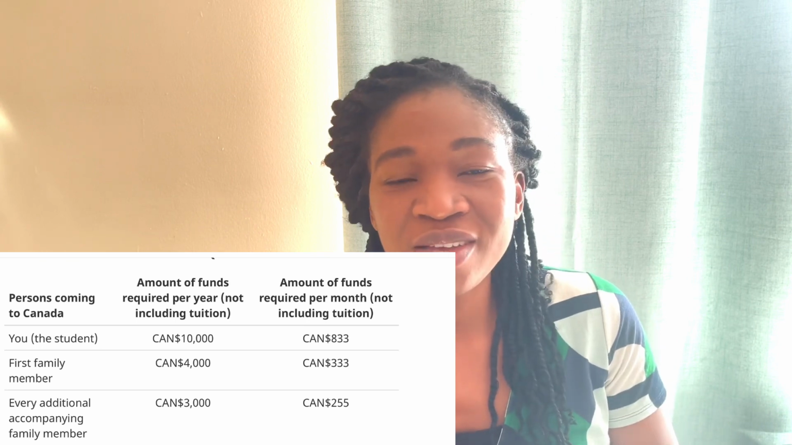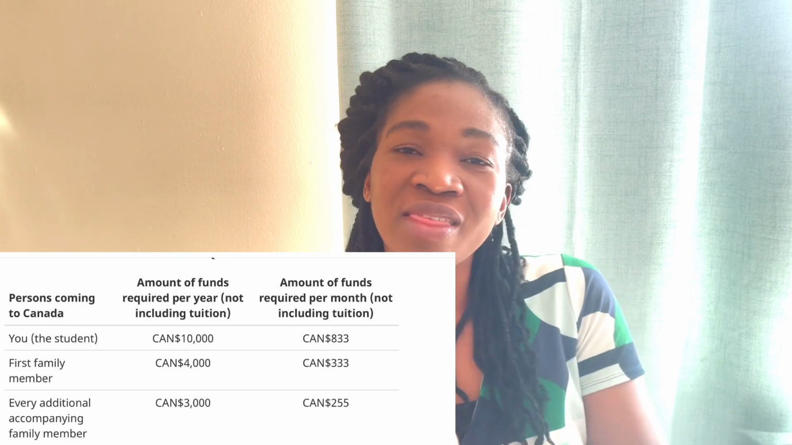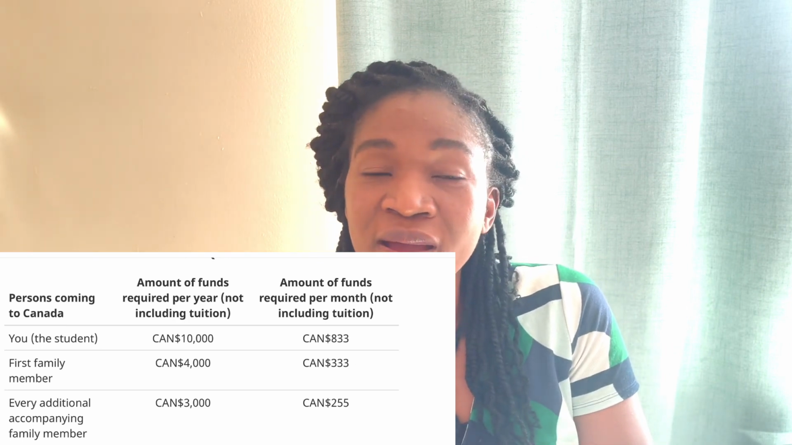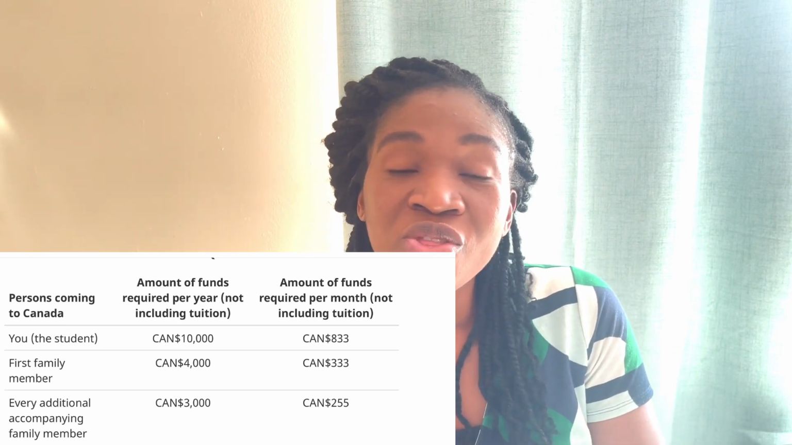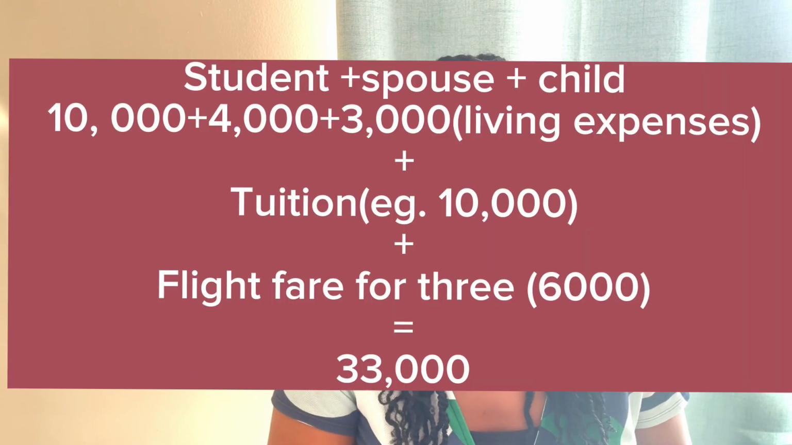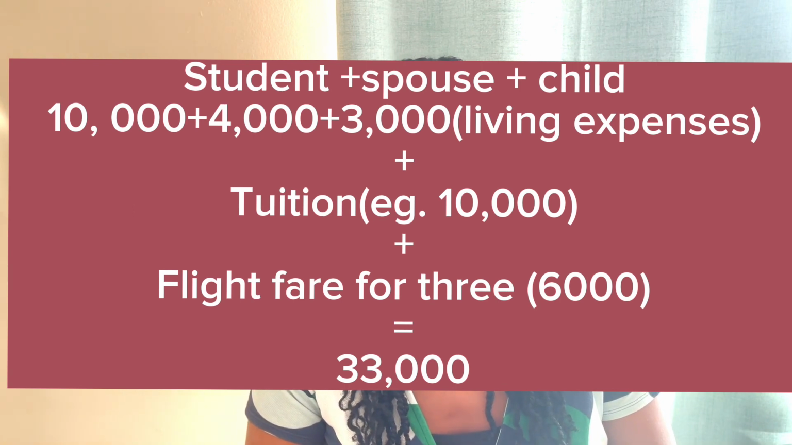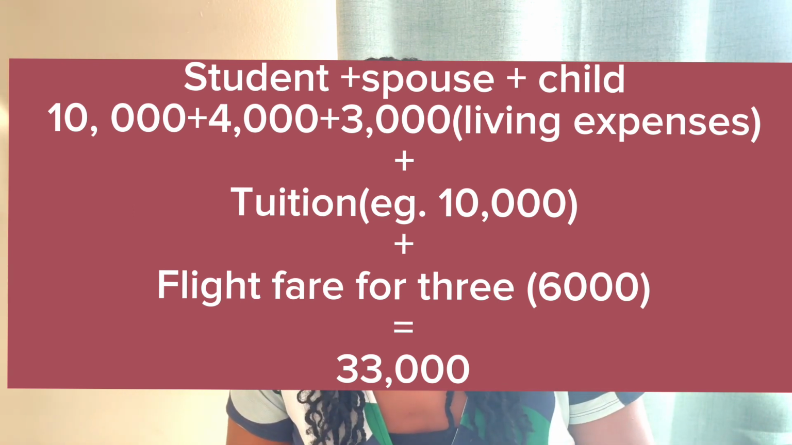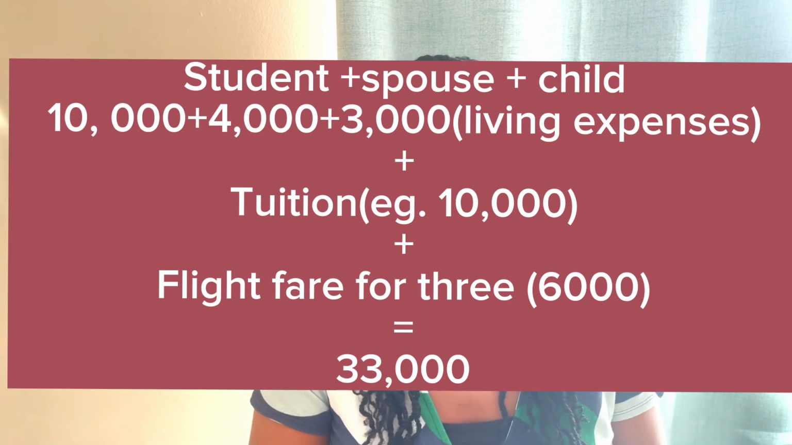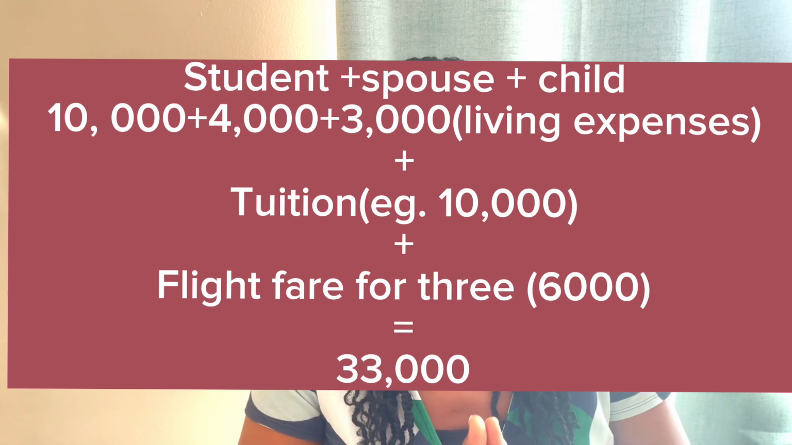Your spouse has to show 4,000 Canadian dollars as living expenses. Then any additional member has to show 3,000 Canadian dollars, right? So the student's 10,000, the spouse 4,000, making 14,000. If you are coming in with one child, 3,000. So for your living expenses alone, as a family of 3, you should show an amount of